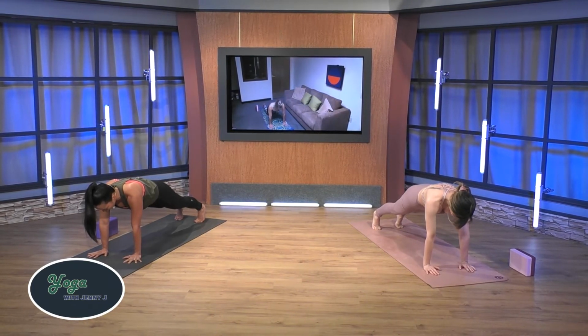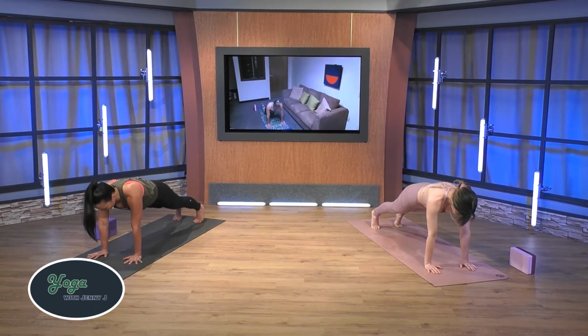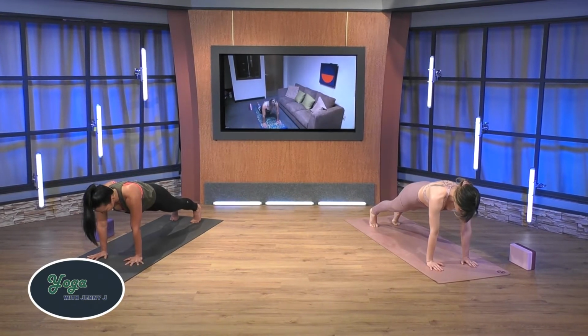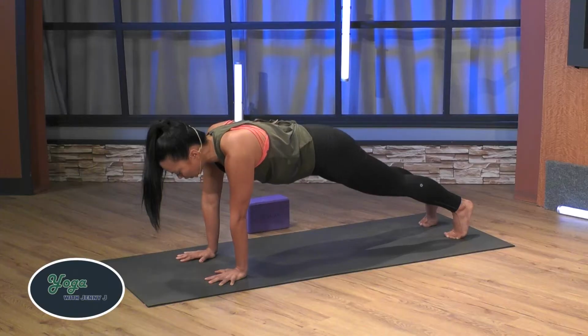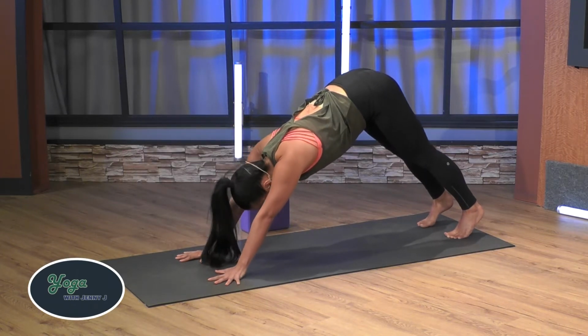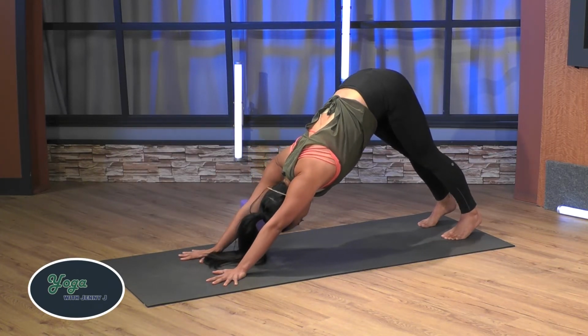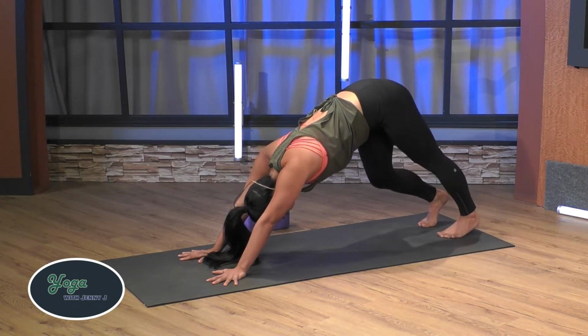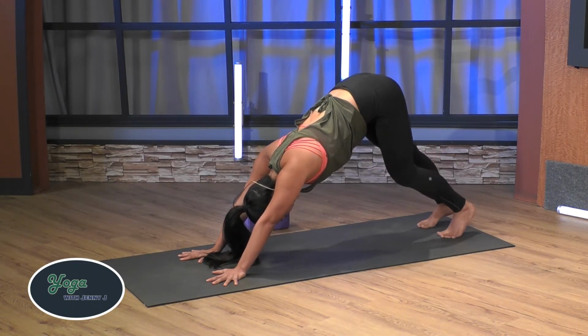So it's not just your stomach, it's not just your core, it's your entire body. Hold it here for a breath. And when you're ready, let's pike those hips up, downward facing dog. Now take a moment. You can feel free to pedal those heels right and left. Really just get a nice stretch in those calves,